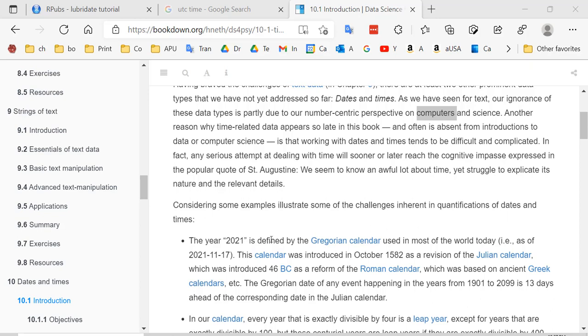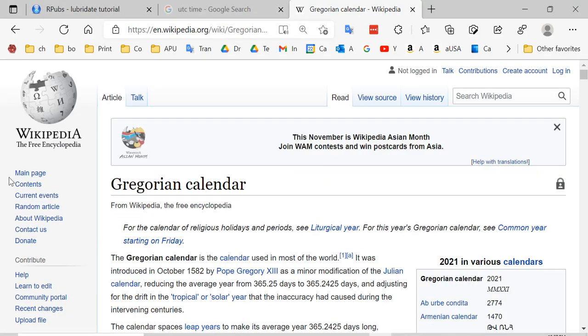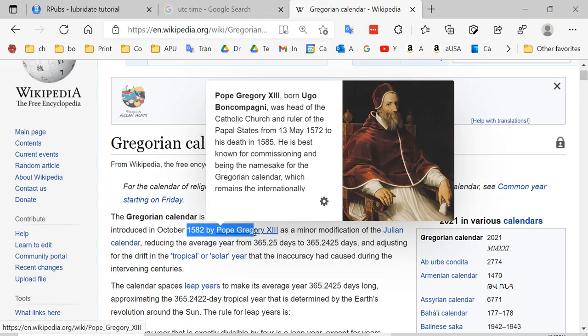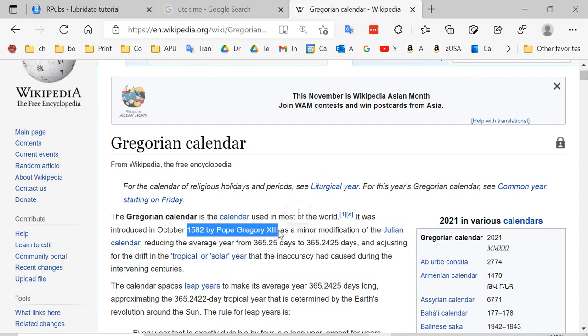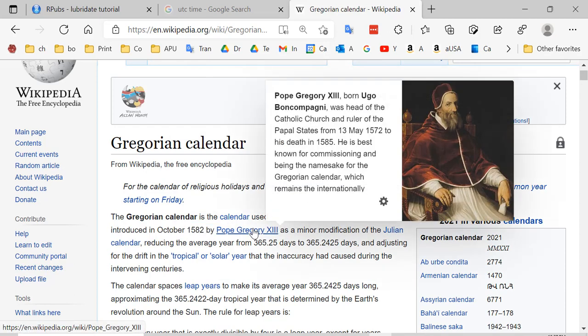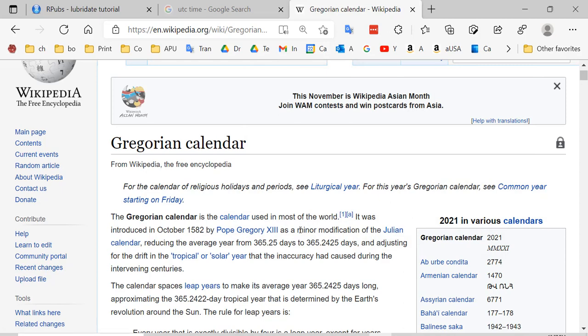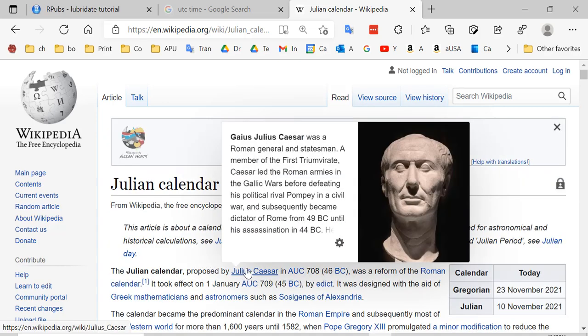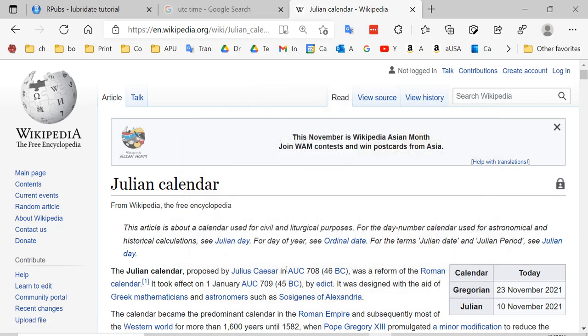So the year 2021 is defined by the Gregorian calendar. Let's just take a look at the Gregorian calendar. It says it was introduced in 1582 by Pope Gregory the Eighth. What does he look like again? There he is. Okay, as a minor modification of the Julian calendar. What is the Julian calendar? The Julian calendar was proposed by Julius Caesar a long time ago, 46 BC, and was a reform of the